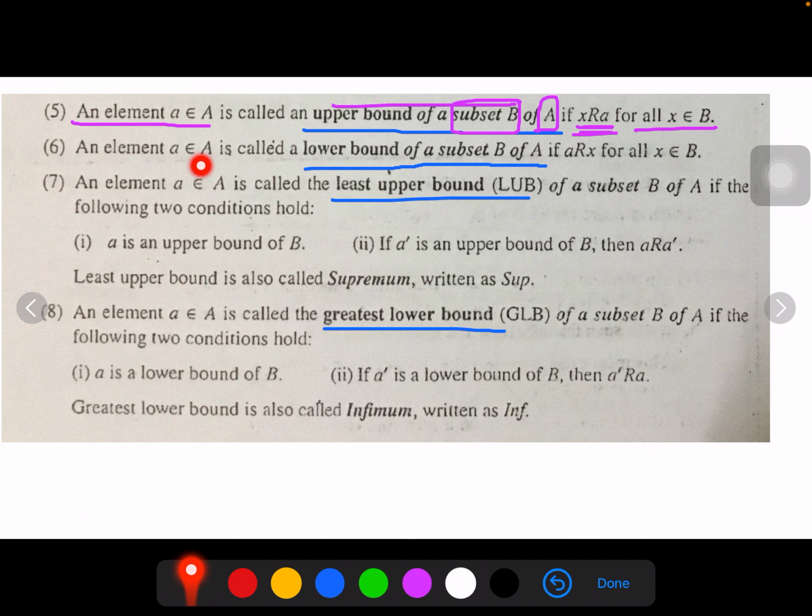Next, a is said to be a lower bound if it should be connected to all other elements which are all taken from the subset. That is the definition. Similarly,